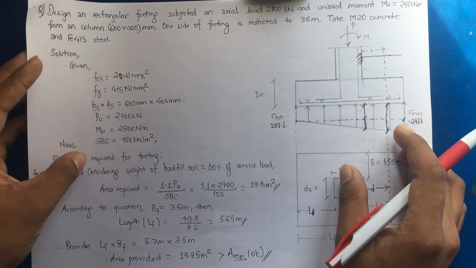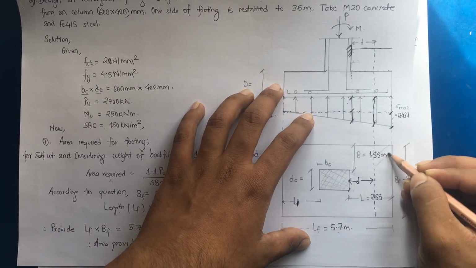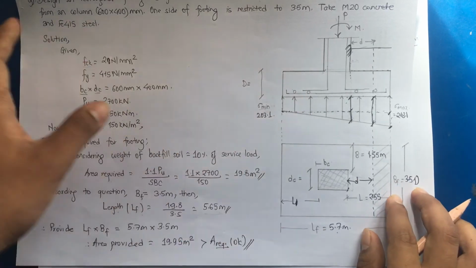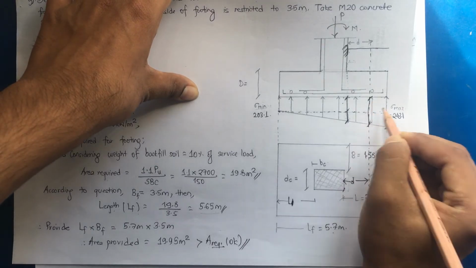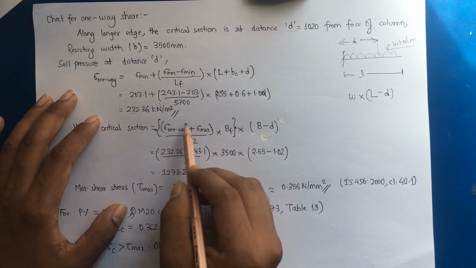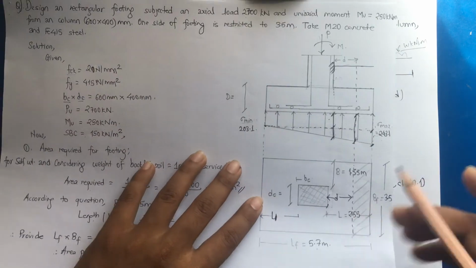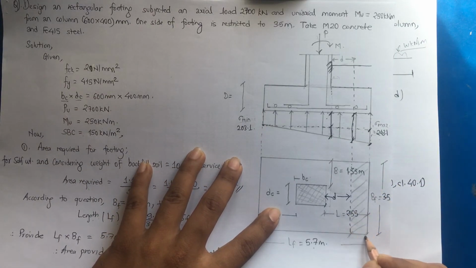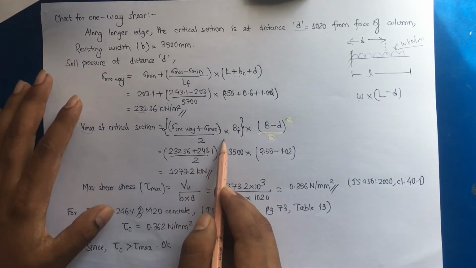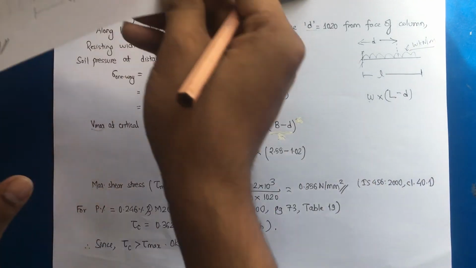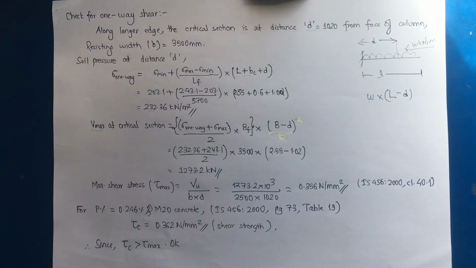For finding the shear force in this phase, that is at this shaded portion, the shear is the average of these two values. So the swell pressure into BF distributing along the depth, we can say along the width, so the average of these two values multiplied by the width of the footing, we will get the UDL into B minus D. B is nothing but the, this should be L.